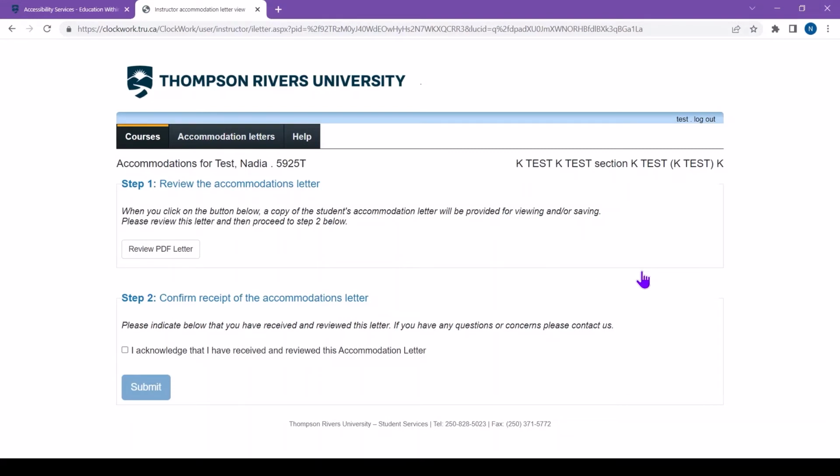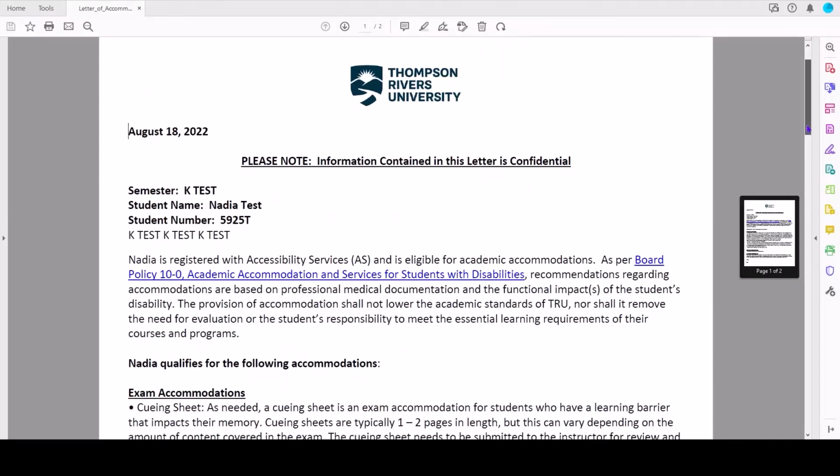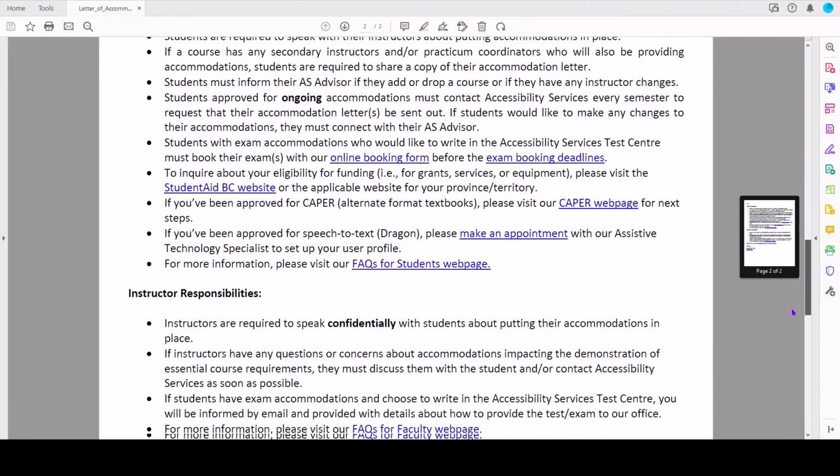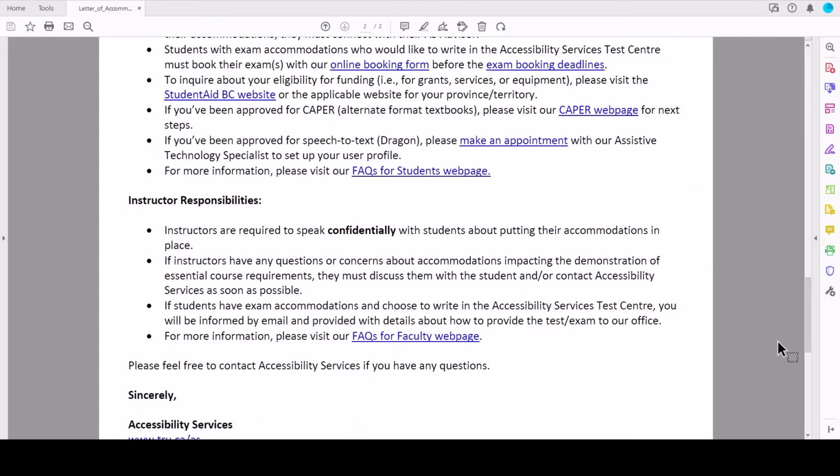This screen provides you with two steps. Step 1 is to open the accommodation letter in PDF format by selecting Review PDF Letter. The letter will download and open as a PDF. Once you have reviewed all of the students' accommodations, as well as the instructor responsibilities, you can move on to